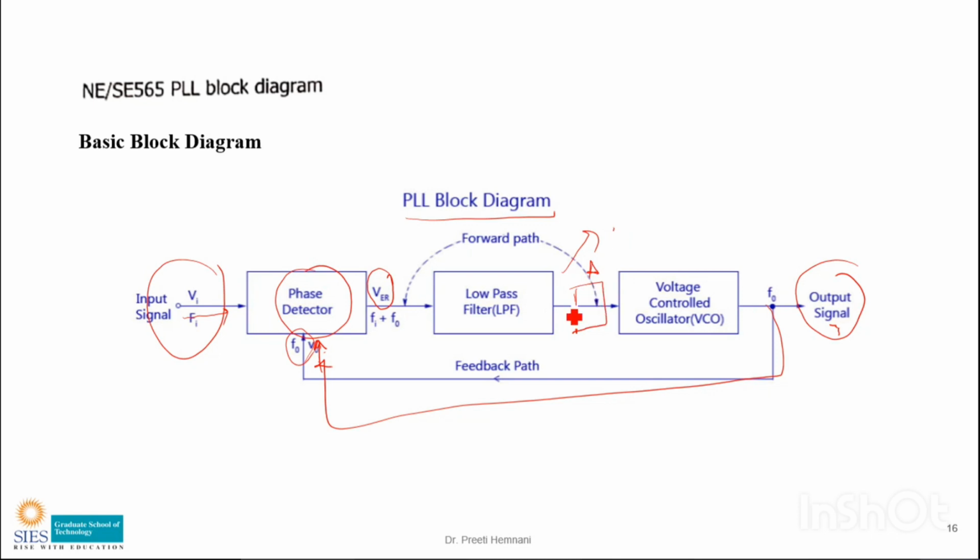Then there is the amplifier. The DC voltage is then applied to an amplifier so that it can be amplified to an adequate level, and then it is applied to the VCO. And the VCO we have studied already. VCO is the voltage controlled oscillator, which was the last topic we have done, and the IC number is 566. VCO is nothing but a device which converts voltage to frequency, right? So the output frequency is proportional to the input voltage.